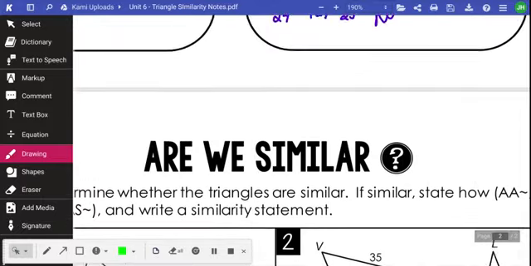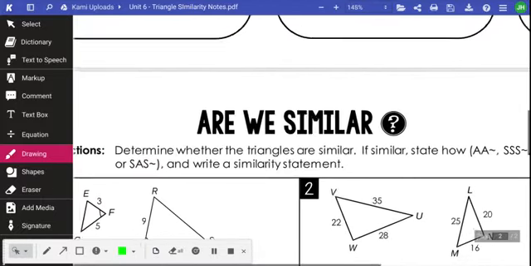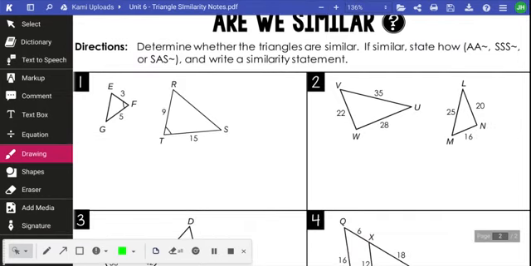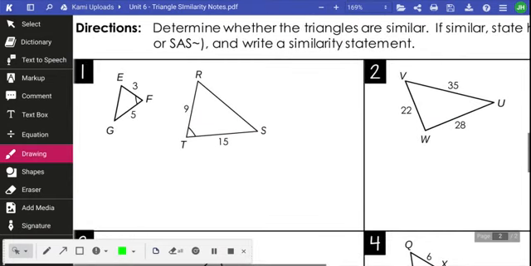So we'll do some more examples. When you get to some of your homework assignments, they're going to be all mixed in together. And you have to decide if they're similar or not, how you know, and you'll state one of those three similarity theorems, and then you'll write the similarity statement. So if we look at number 1 to start off,